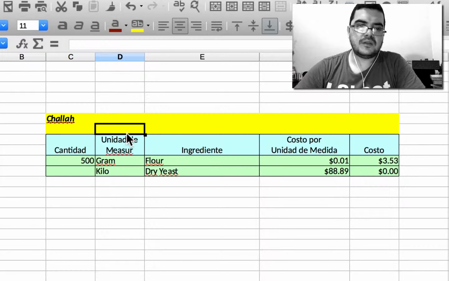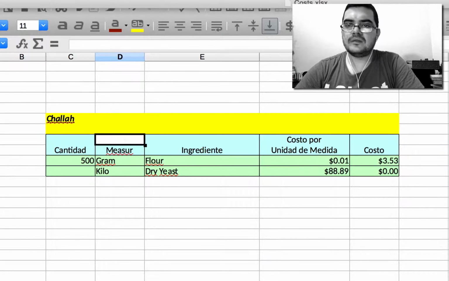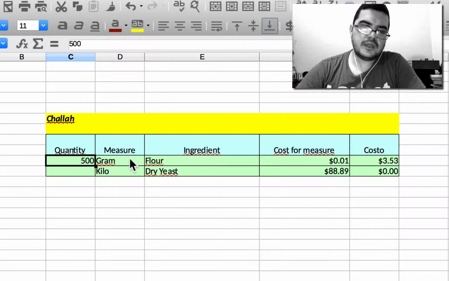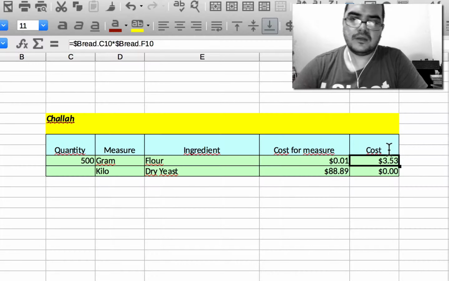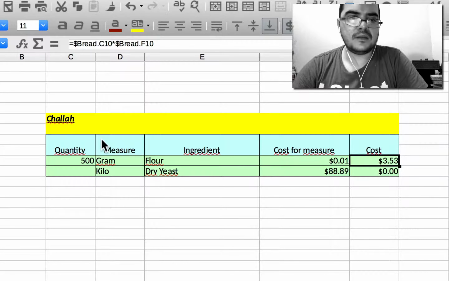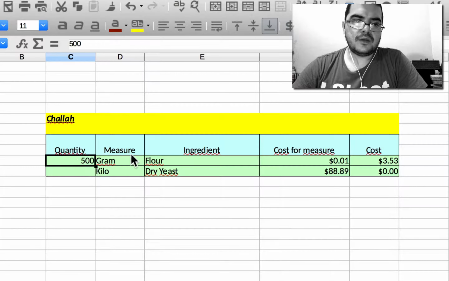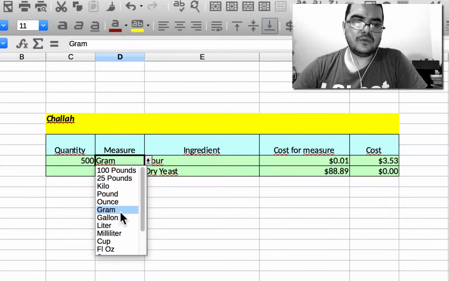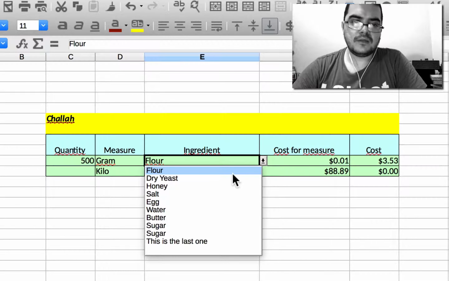I needed to change this to English too. Let me do that. Okay, so I made a couple of changes here to put this in English. So you are going to come here and put 500. You are going to choose grams. Then you choose your ingredient, flour,